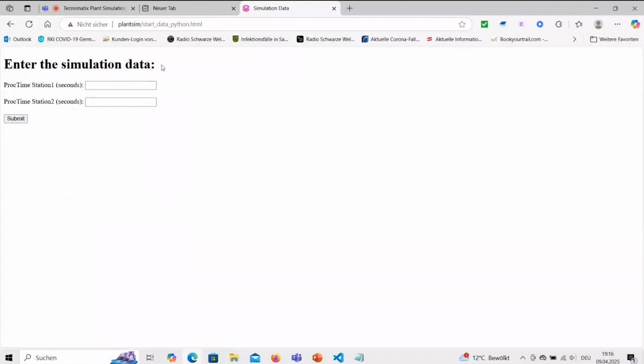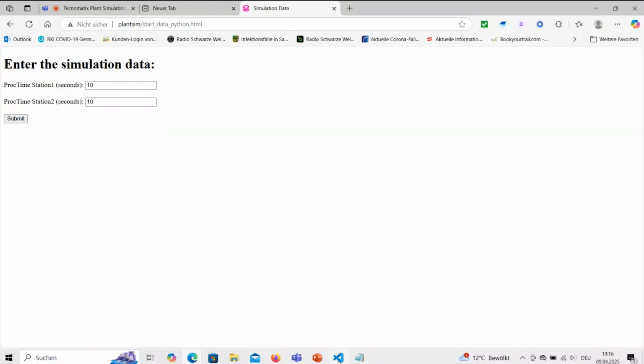It's just a simple form, and I can enter here some times. And with clicking submit, this data will be sent to my Python script. So it's a lot of preparation necessary to bring this to run.